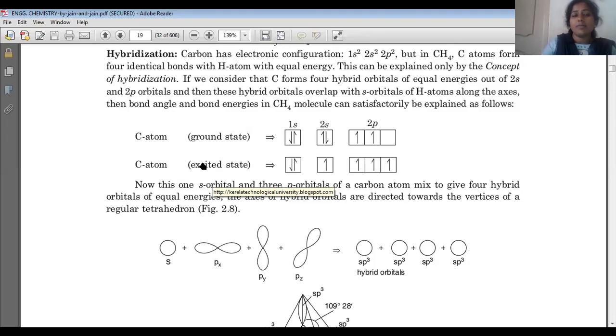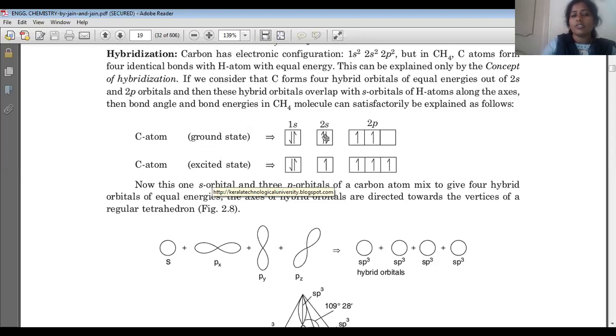In the case of carbon, we know that its ground state atomic configuration is 1s2, 2s2 and 2p2. Here the 2s and 2p orbitals are considered the valence shell, and valence shell electrons are always responsible for bond formation. That's why these 4 electrons present in the 2s and 2p orbitals of carbon make its valency 4. These 4 valence electrons are responsible for different bond formations.